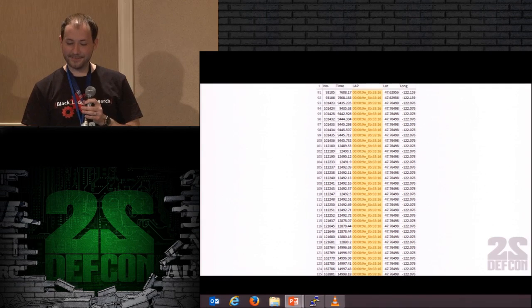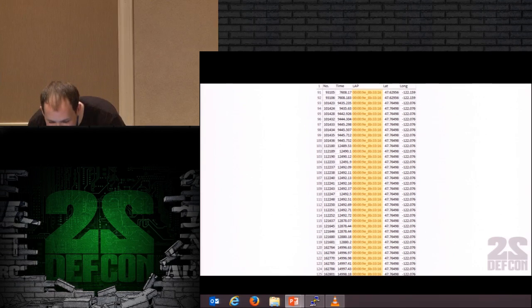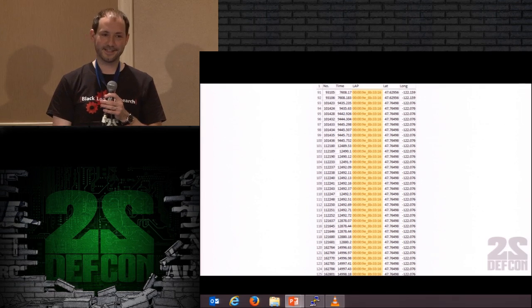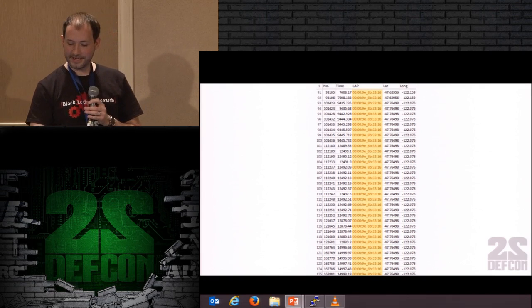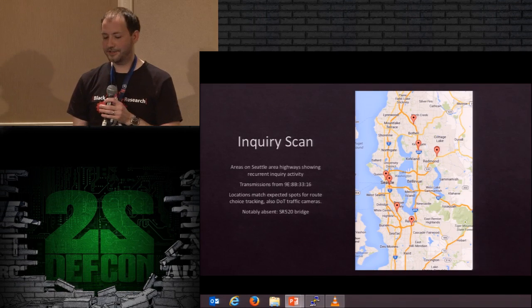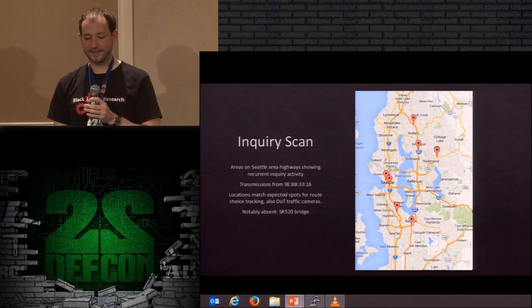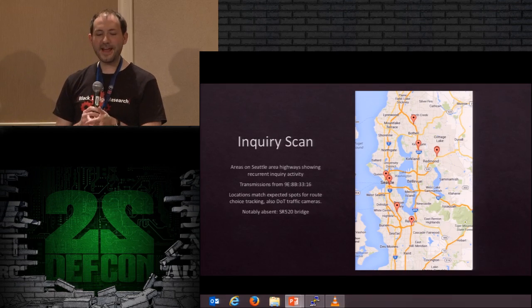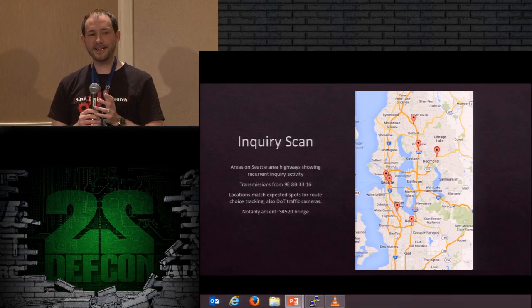So here we have a whole bunch of packets from, you will notice, 9E8B3316, the generic inquiry access code. So these are beacons that were picked up. And then I mapped them all out on Google Maps. So these are areas on the Seattle highways that are showing recurrent inquiry activity. I found an emitter of Bluetooth inquiries on every pass of these locations, implying that there is